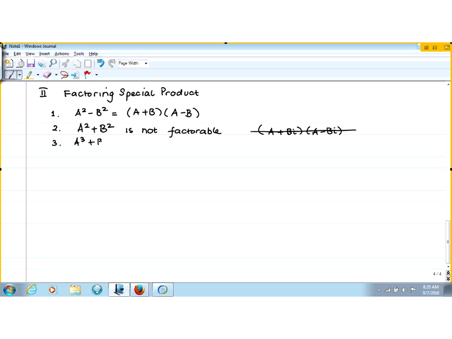What about A cubed plus B cubed? And A cubed minus B cubed? A plus B times A squared minus AB plus B squared. So it's not even 2AB, it's just AB, because otherwise you could factor more, right? But you can't. This is usually not factorable, so we do not have 2AB, we just have AB. And if this is plus, this is plus, and this is minus. If this is minus, then you'll see this will be minus B times,